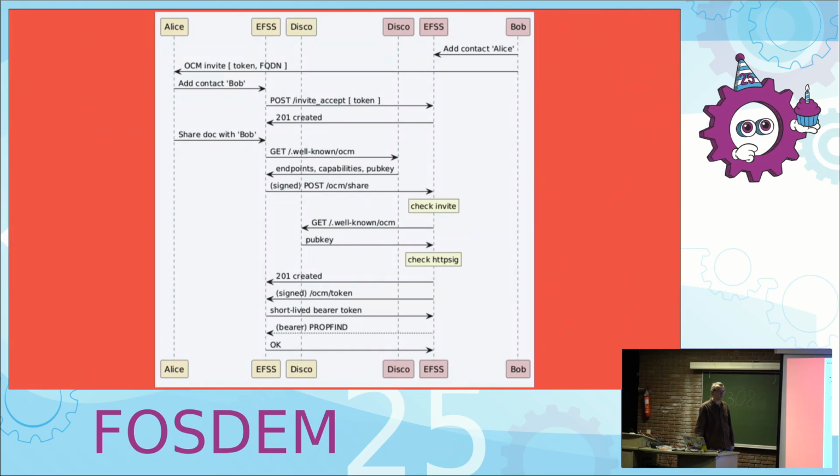We have a test suite that is testing Nextcloud, ownCloud 10, CERNBox, OCIS, and Seafile for these different flows: the share-with flow, the public link flow, and the invite flow. Mahdi Bahbani is maintaining that. He's doing very good work. I hope he's watching the stream. And with that test suite, we can check that different implementations of openCloud Mesh are compatible with each other. And that's also easier for vendors. If you have a new version of your own software, you want to check whether it's still compatible with all the versions of everybody else's software, and that's why the test suite exists.